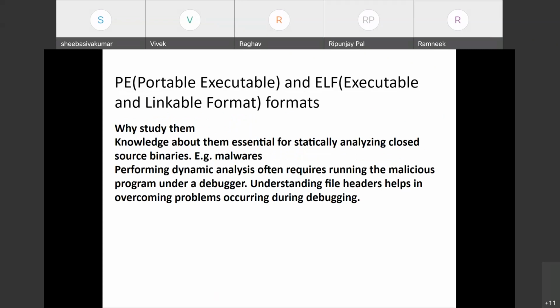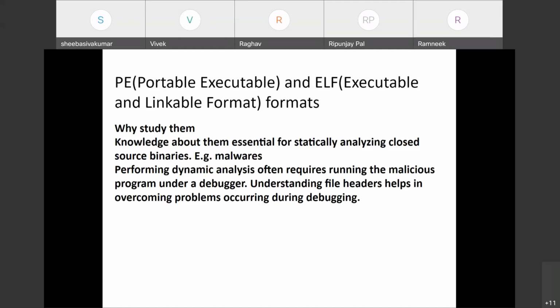Okay, while doing the analysis, you will come across these two terms, PE and ELF. PE is the portable executable file, and ELF is the executable and linkable format file. PE is used on Windows. Every executable on Windows, you will find that its format is of type portable executable.